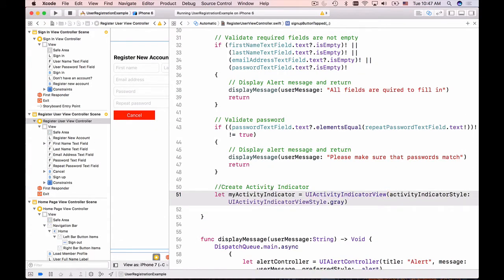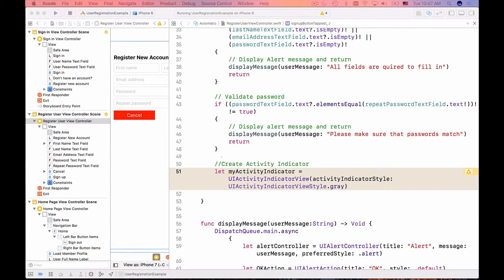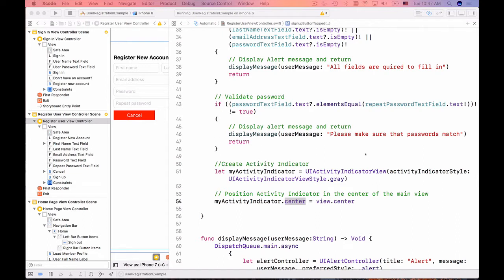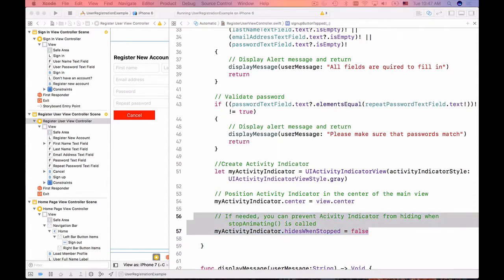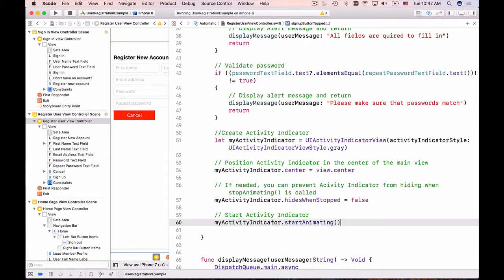So we're creating activity indicator with the style gray, and then we will position this activity indicator at the center of the view. And when activity indicator stops circling, it will hide automatically. This is what we are instructing it with this line, hides when stopped. And eventually, just before sending the HTTP request, we need to start this activity, start animating, so that circle will start circling,